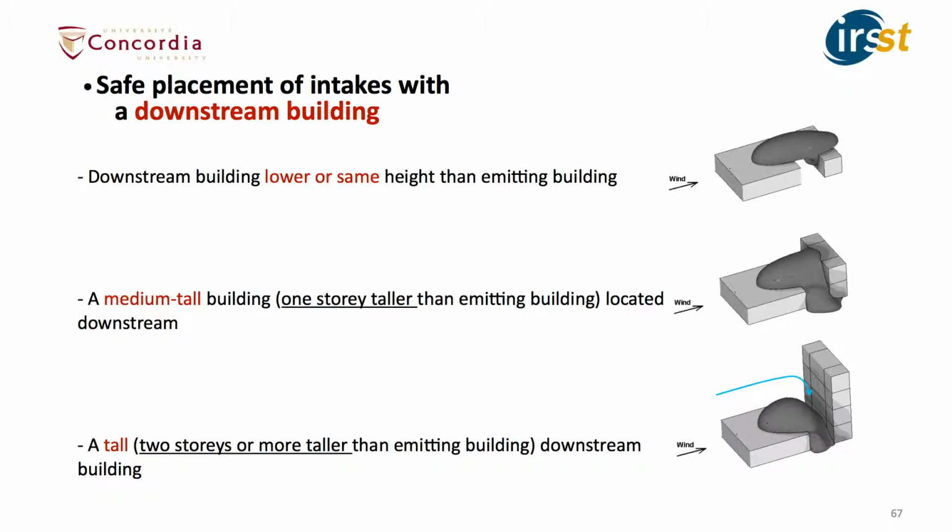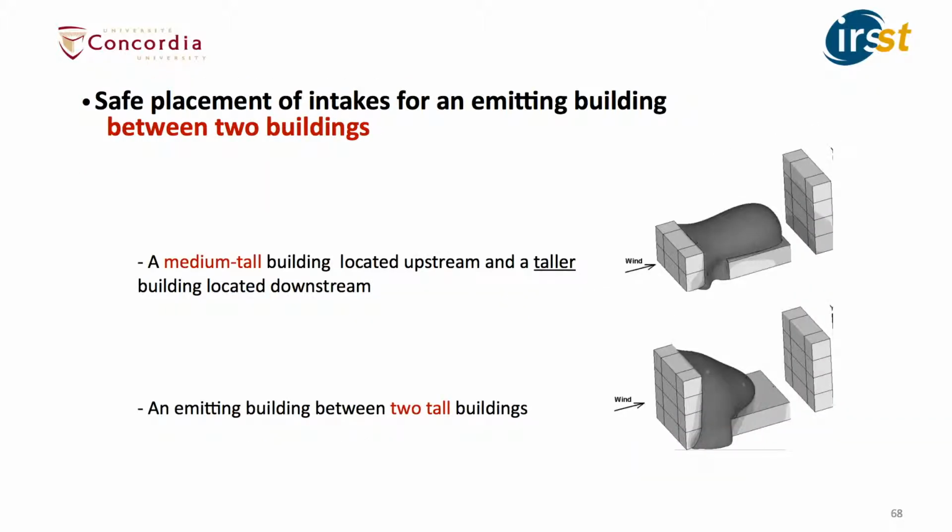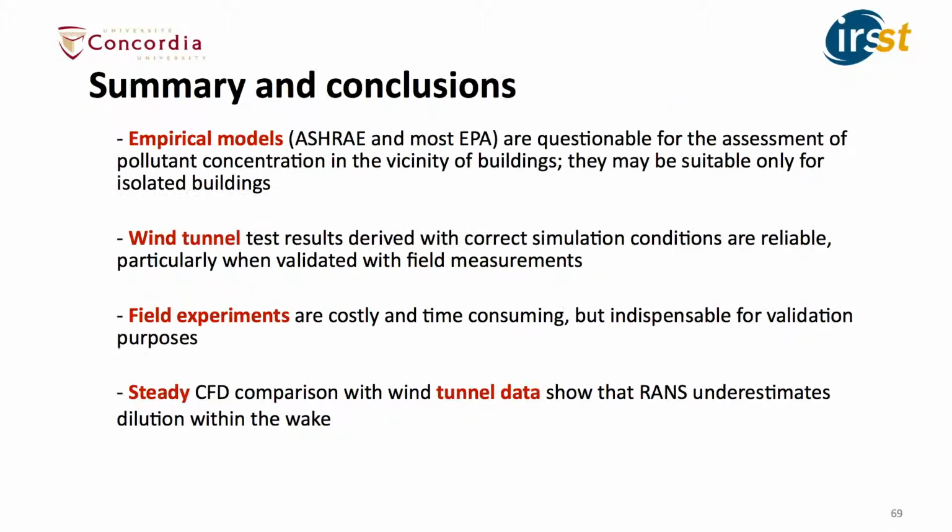If we have the downstream building, remember all the configurations that we had, so this is what was for that purpose. If we have the downstream building, you get something like this here. And finally, if we have the 3 buildings together, this is the picture that appears based on the parameters that we have examined. So, if I want now to summarize and conclude, basically what we talked about was empirical